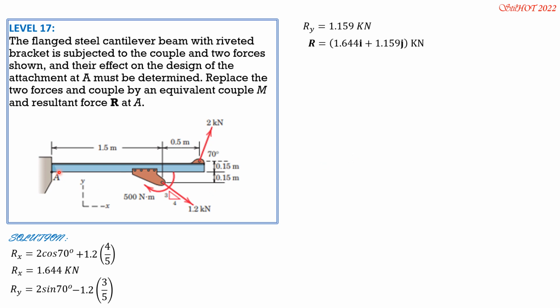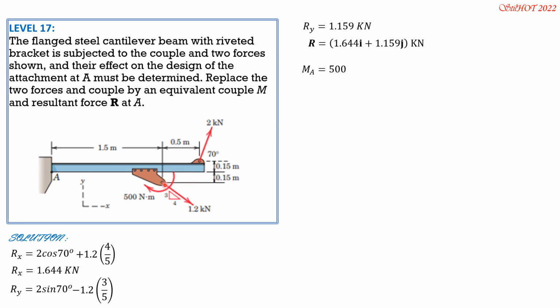Now the couple at A, let's assume clockwise positive. So let's begin with 500 Newton meter clockwise. So take note, the units here is Newton meter. So we must express 2 kilonewtons into 2000 newtons, 1.2 kilonewtons into 1200 newtons. So MA is equal to 500 clockwise. Then for this 1.2 kilonewton load,